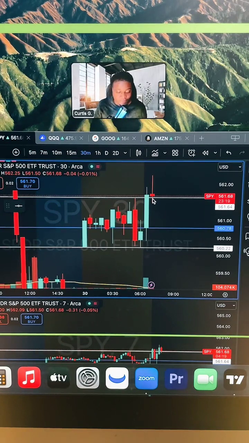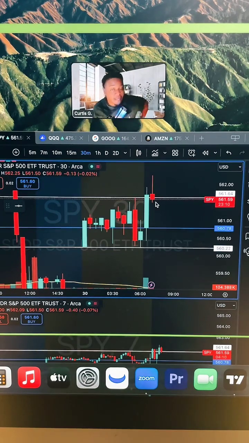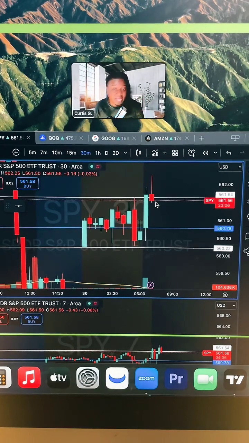All right. So we got the user asking if there's going to be a bullish engulfing. That I don't know. So if you were on my live yesterday or throughout this week, I've been breaking down one of my favorite strategies or setups that I back tested hundreds of times. And it's about a bullish engulfing that occurs above the previous day high.